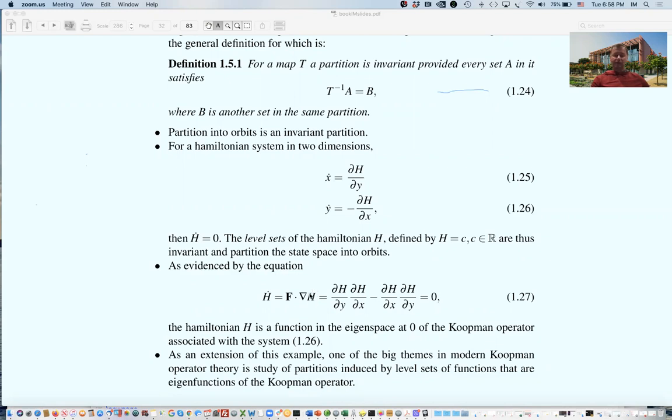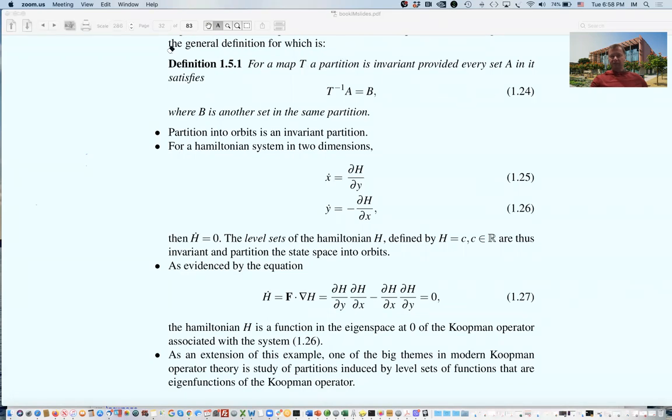So we found that the energy of the system, of a Hamiltonian system, or the Hamiltonian itself, which is the energy, is actually an eigenfunction, eigenspace 0, of the Koopman operator. And so that leads you almost immediately to the notion that, well, if one can find such a physical meaning in an eigenfunction at eigenvalue 0, how about all these other eigenfunctions? What is the physical meaning of some of the other ones that we can find? And that's a very